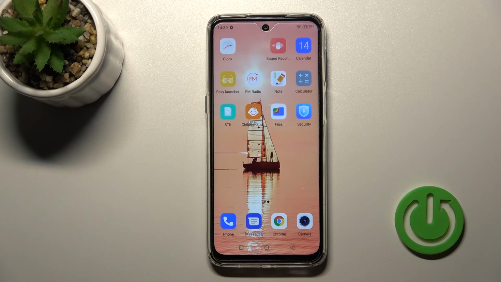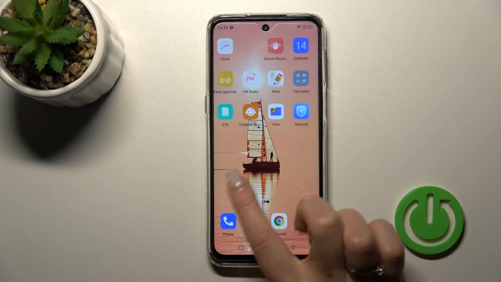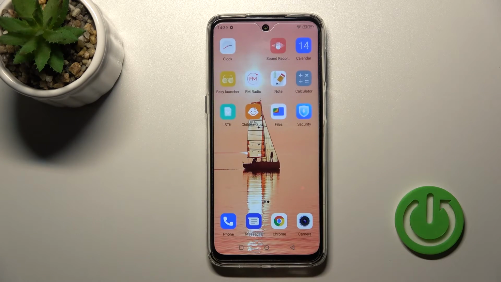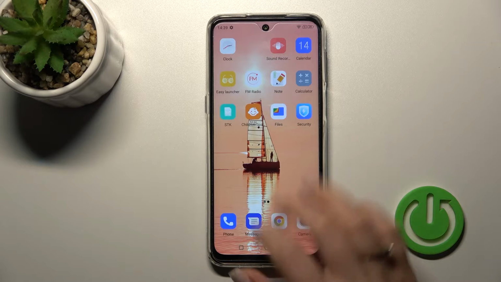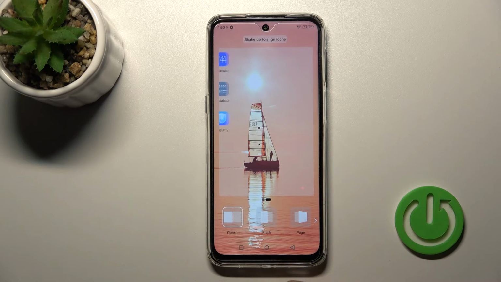Just to save the changes, click once on the home button, and now we can see that we have successfully changed the home screen animation on our smartphone. If you want to go back to the default effect, just go again to the effects section and select the